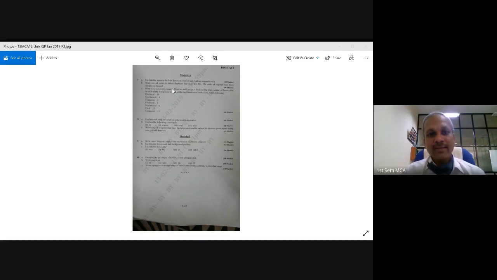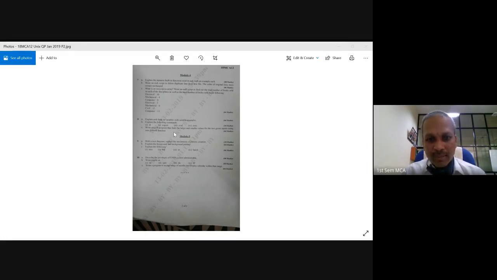Next, write an awk script. That we are done. Next, the 8th one: explain awk built-in variables. That is your NF, NR, FILENAME, and those. That question will always be there. Then we have the sh command. You know what the sh command is? How to use the sh command for execution? Export we have seen, eval we have seen, exec as well. All these three things are always there in every question paper, so you cannot neglect them. Have a look at that.